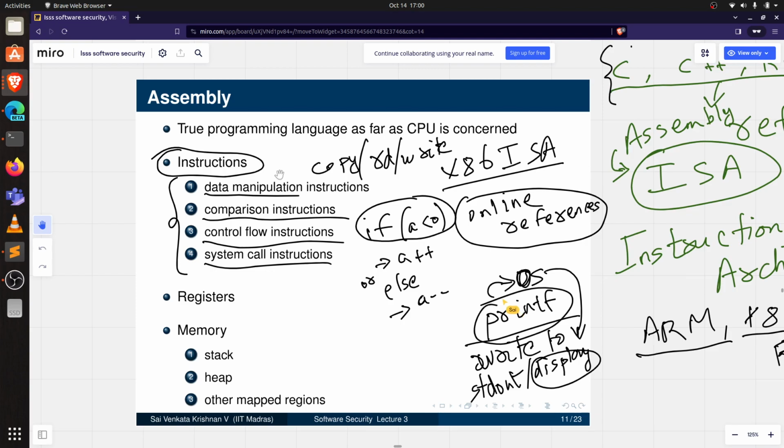So how does my printf function, which is present as a shared library in the user space, communicate with my operating system? One question which you should have is: